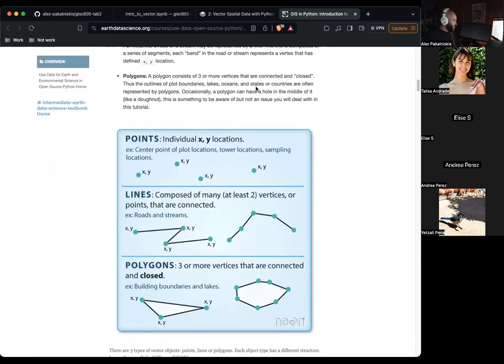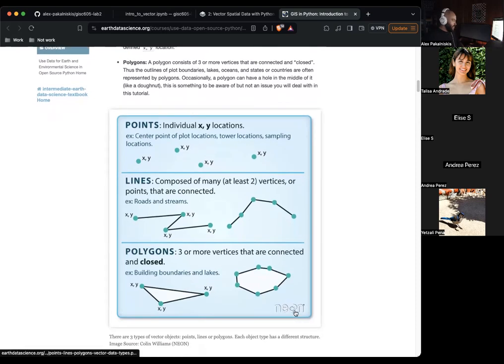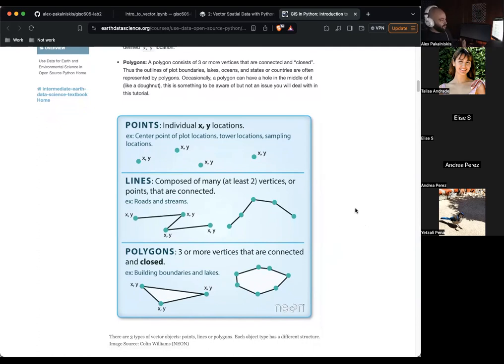So these are three common vector data types, and this links out to a figure from NEON, which is the National Ecological Observatory Network or something like that. It's a National Science Foundation funded project to do a lot of continuous monitoring of parts of the US, like certain ecosystems.